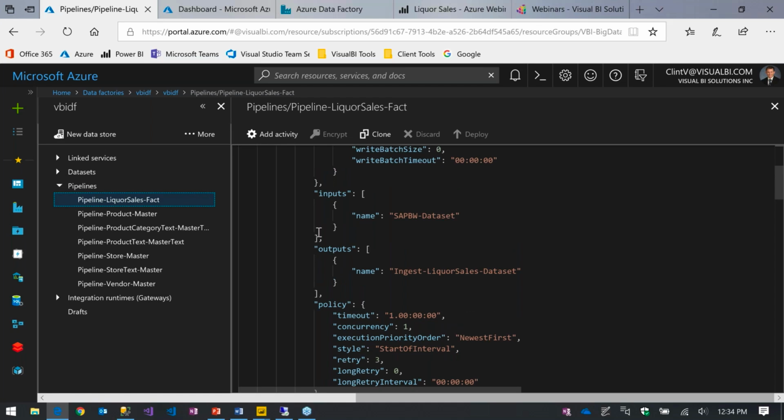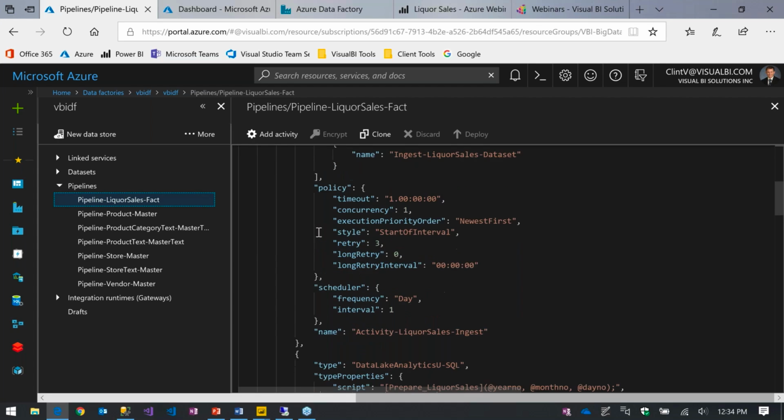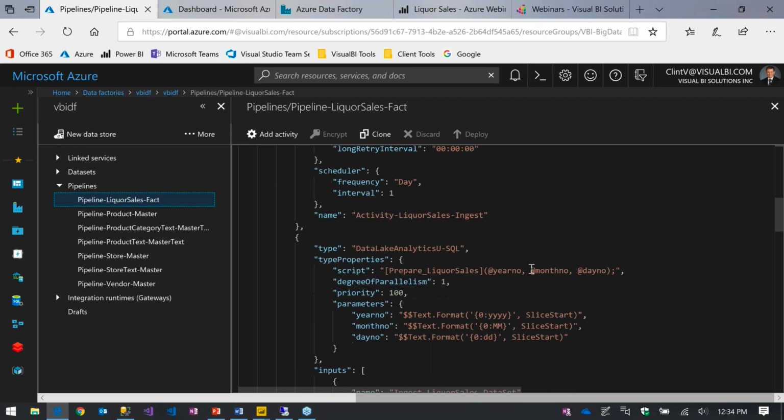So that moves on. There are several actions defined in this pipeline. As it moves through each of our layers in our data flow, we're going to have an action defined here. I'll show the next one just real quick because it is different. It's not just a copy action. This action is actually using our data lake analytics and using a USQL stored procedure. The stored procedure is called prepare liquor sales.